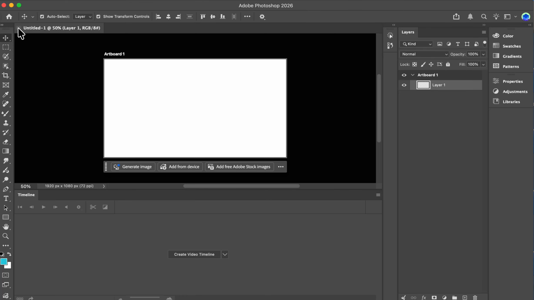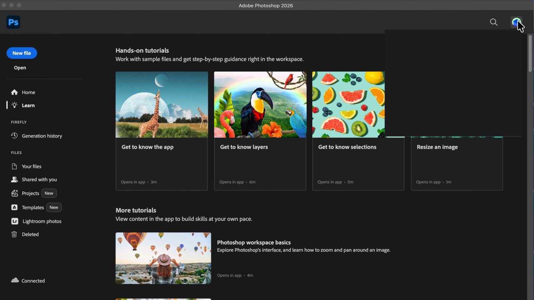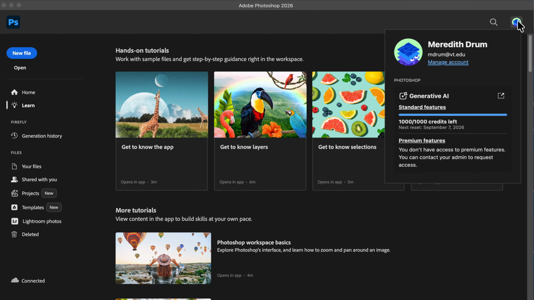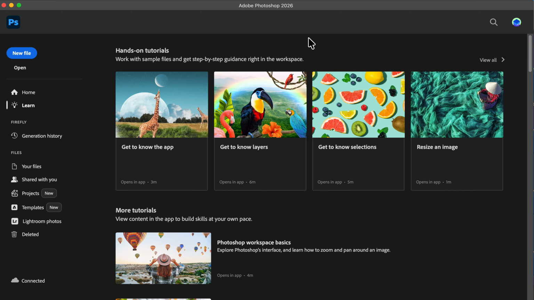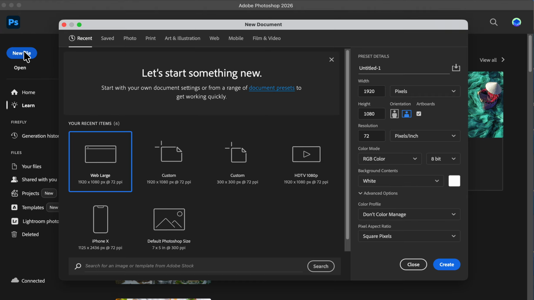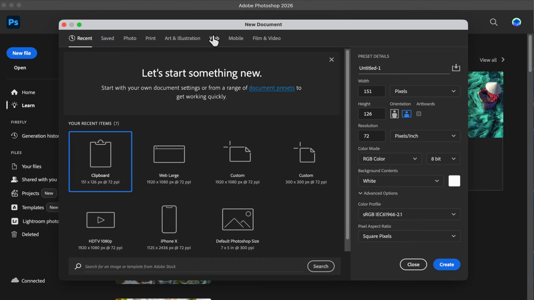All right, I'm going to start a new file. By the way, this is how I know that I'm in my student account. I go to my upper right and I have not changed my image there, which I probably should, but I can see there that I'm in my VT account, and not a trial account or something.